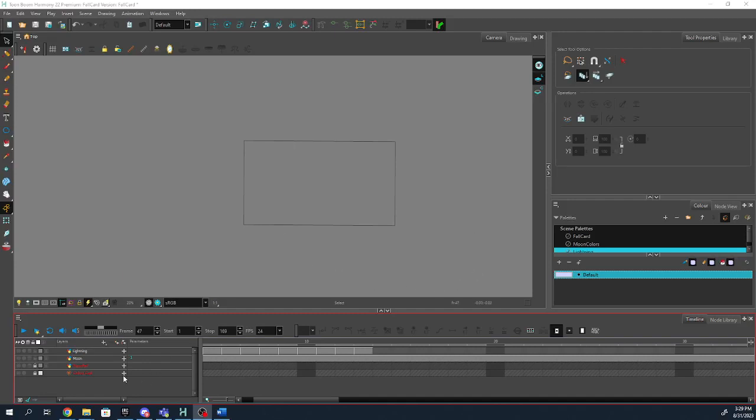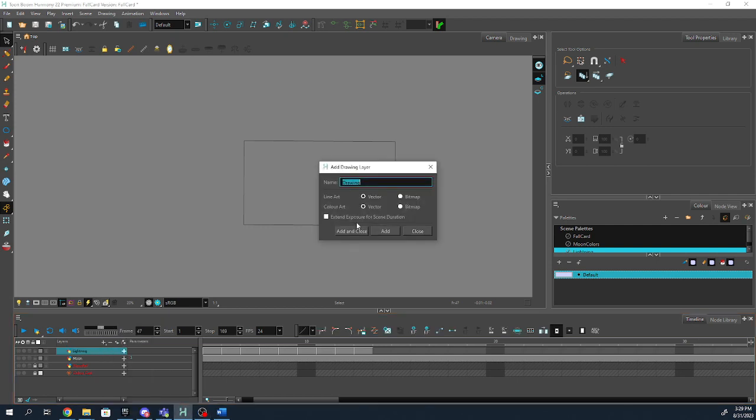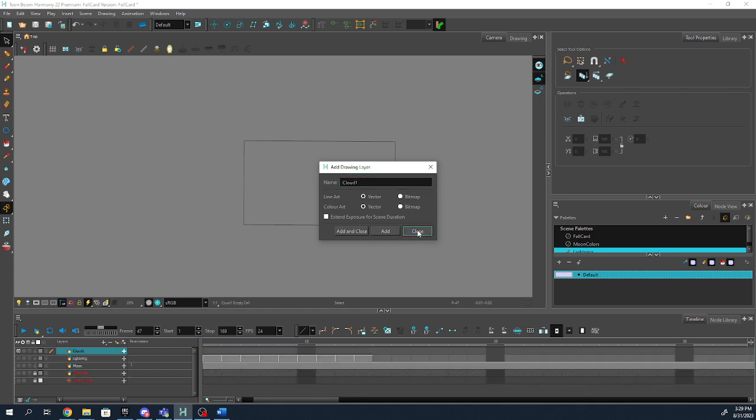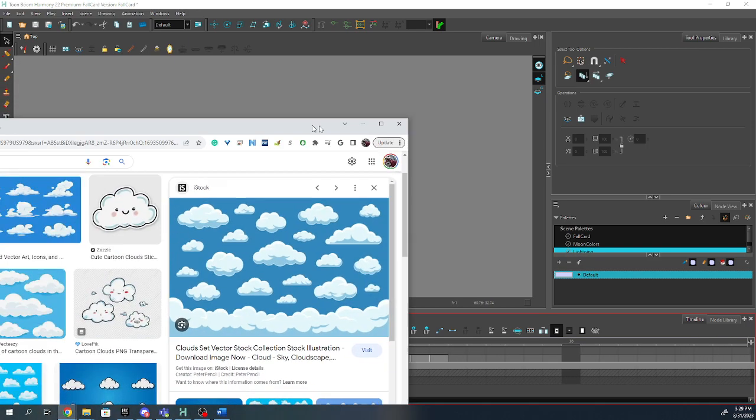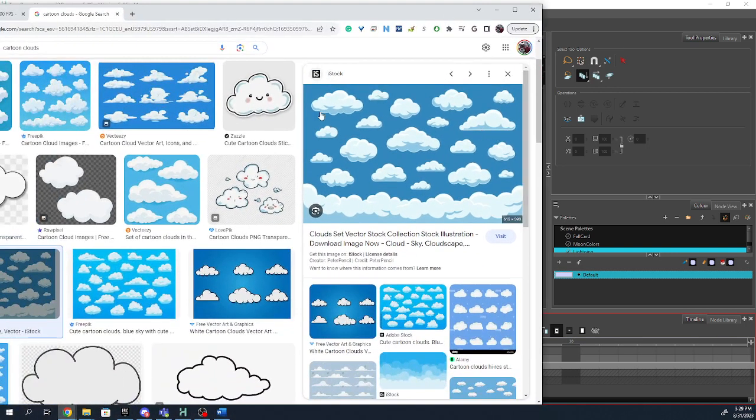Okay, one last thing I want to do, and I think this one's going to be kind of fun if it works out. So I'm going to go ahead and create a new drawing. I'm going to call this Cloud 1. Close that. And so the clouds I'm kind of going for maybe something like this, obviously a little darker,